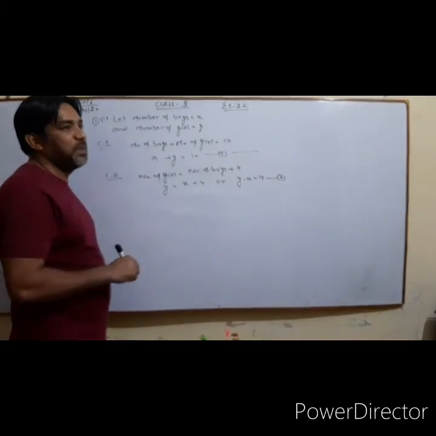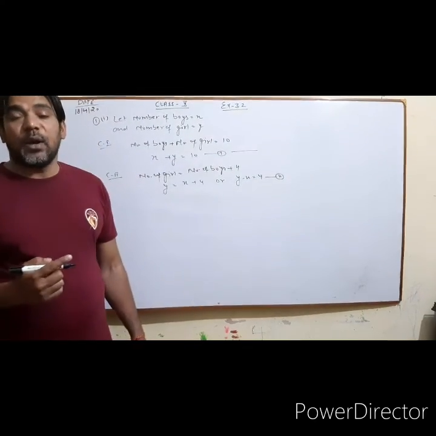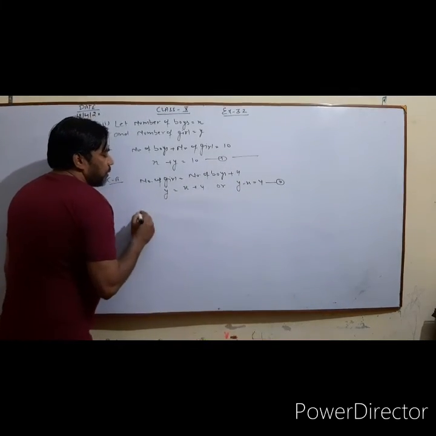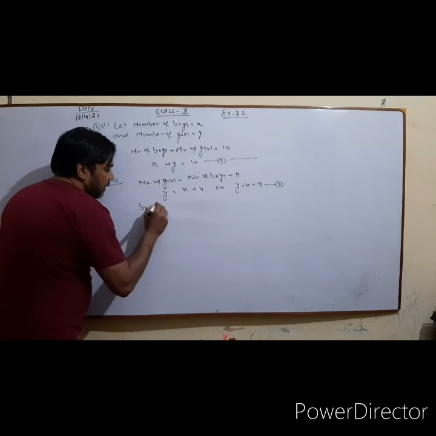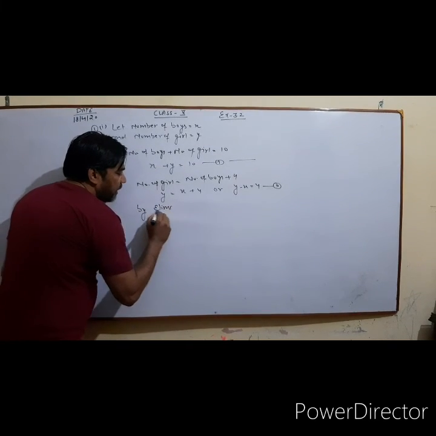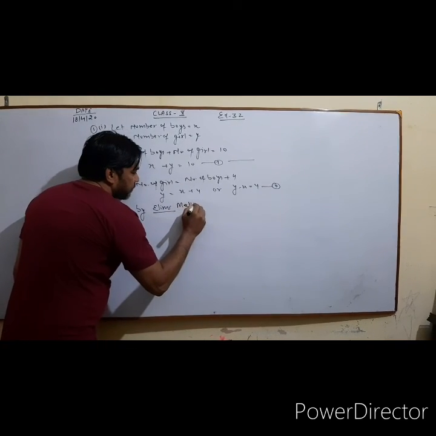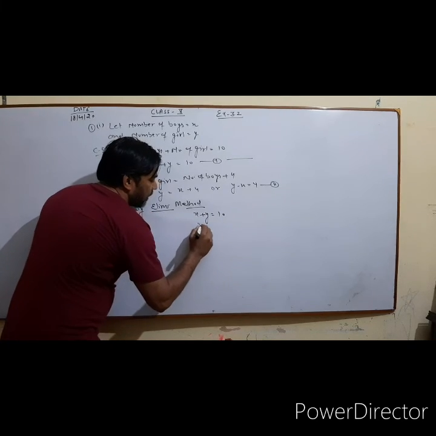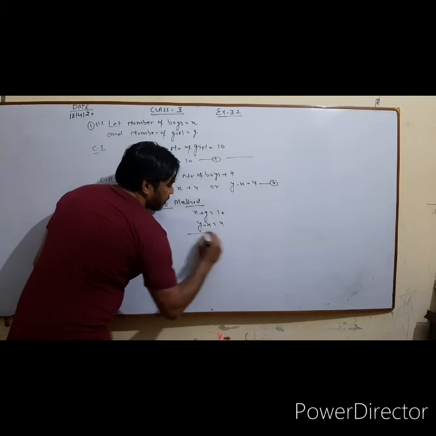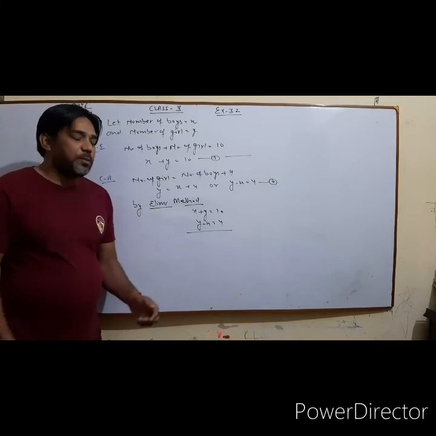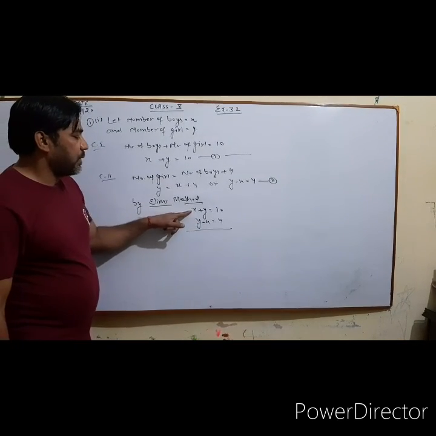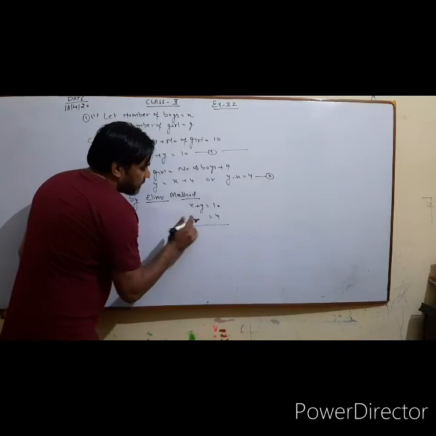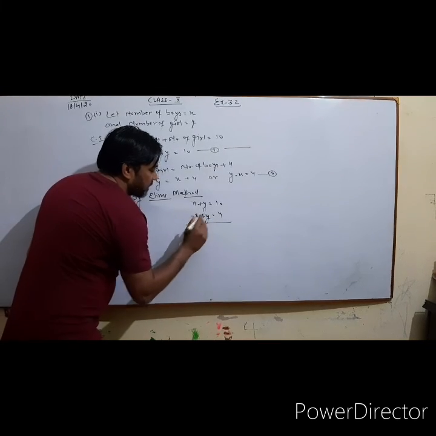What does elimination method mean? Means we have to eliminate any one variable. You have to target any one variable and eliminate, meaning खत्म कर देंगे आप उसको, simple. So by elimination method, x plus y is equal to 10 and y minus x is equal to 4. You can easily observe in the two equations, x is positive in the first equation and x is negative in the second equation. y minus x can be written as minus x plus y.